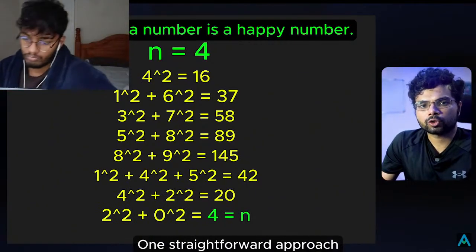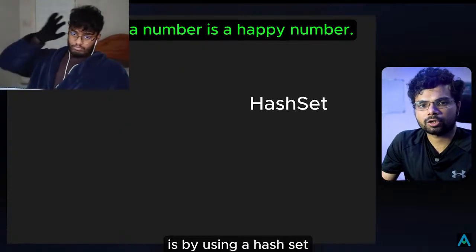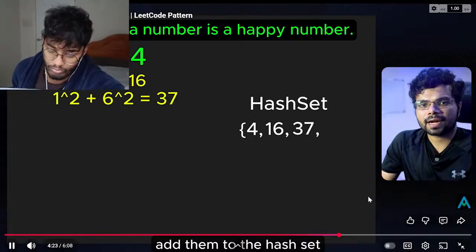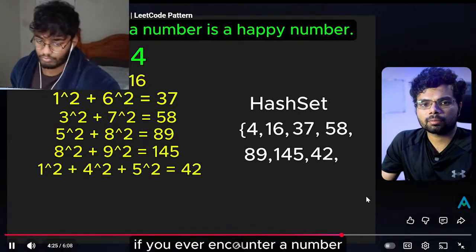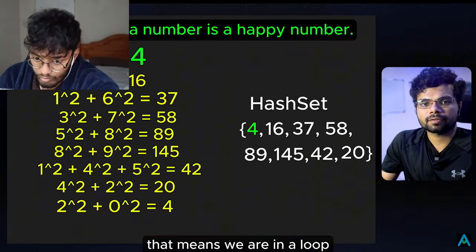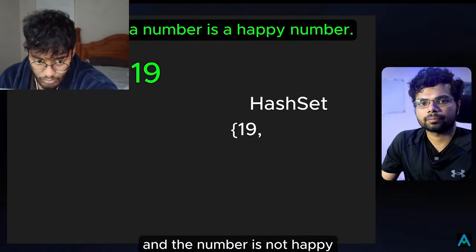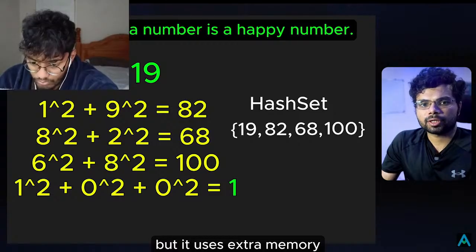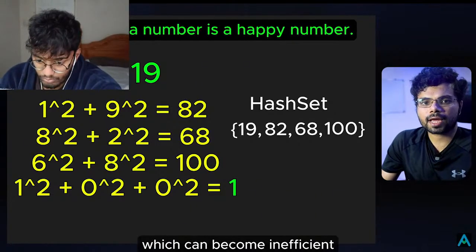One straightforward approach to solve this problem is by using a hash set to keep track of the numbers we have seen. Here is the idea. As you calculate new numbers, add them to the hash set. If you ever encounter a number that's already in the hash set, that means we are in a loop and the number is not happy. If you reach 1, the number is happy. This approach works, but it uses extra memory to store all the numbers we have seen,